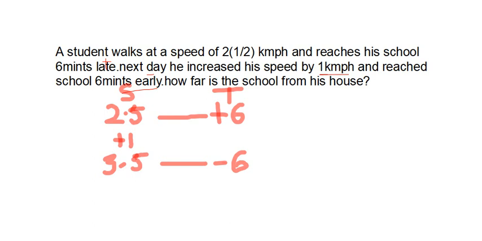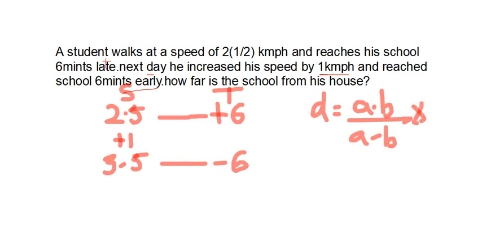Okay, now what is our formula I told you? They are asking to find how far the school is from the office, means what is the distance from school to office. So what is the formula, friends? Distance equals A into B by A minus B into time. Dot means into. Time in hours. Remember that time should be written in hours. Now substitute the values. This is our A, 2.5. Next, 3.5 is our B. Substitute those values, you will get the answer.